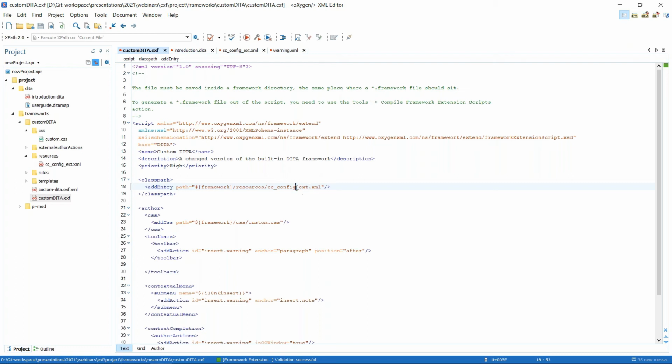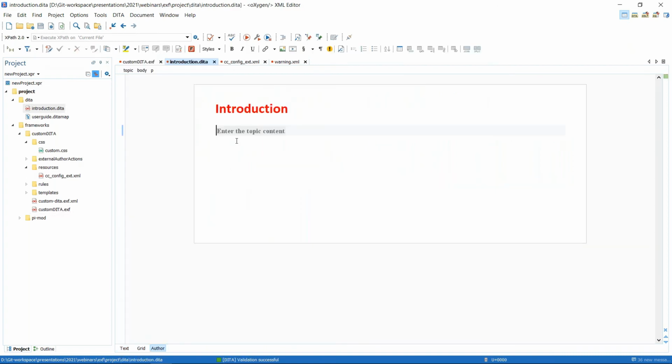The trick here with this suffix, the ext suffix, means that it will apply as a different layer. So the base framework might have this file, which will be automatically loaded, and on top of that, this additional layer is being applied. So I will just save the script, return to our document, and now if I say